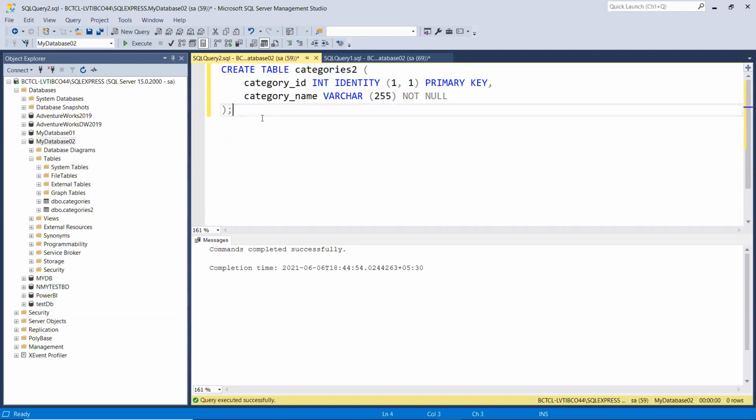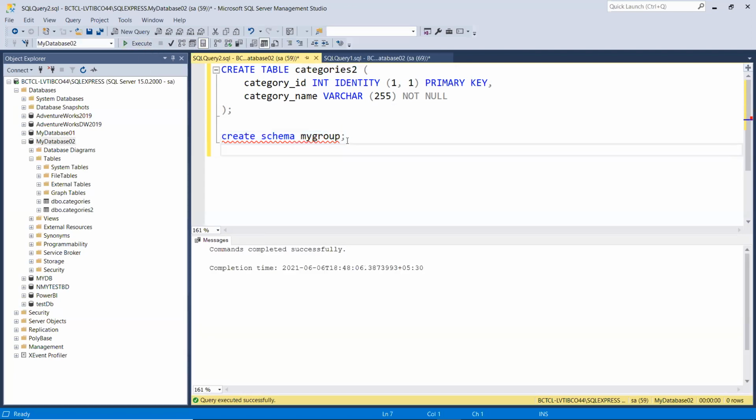Now suppose I want to have my own group, my own schema. I can create my own schema: create schema, and let's say the schema name is my group. If I execute this, it should execute.